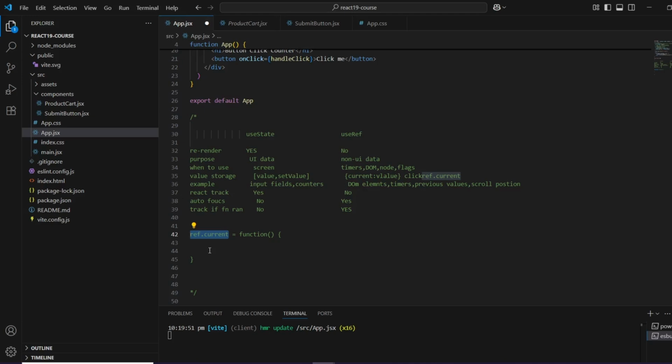Now the fourth thing is that useRef is always helpful to store previous props or previous state. So whenever in your life in React you come across a situation where you need to keep track of the previous state or previous props, then in that case useRef is definitely going to help you. So these are some unknown tips which I wanted to share with you.